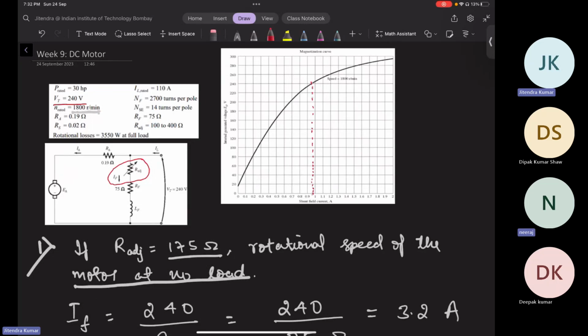First case, when we haven't done anything, that will be equal to E when no load is there. If you apply KVL, some current will go, and if you apply this loop, armature current will be equal to 0. Whatever line current will come, that will go into the field. So